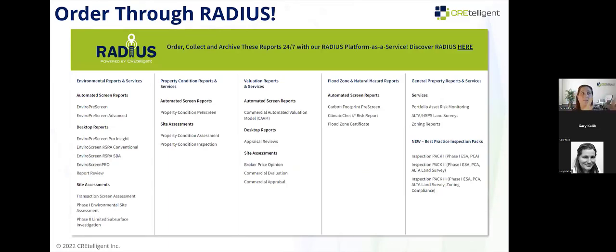We have our suite of environmental investigations, but we also have land services, including ALTA surveys and zoning reports. We've got our pre-screen reports, including our property condition pre-screen. We do PCAs. We have some really interesting property resilience reports, the carbon footprint report, and a climate check report, your flood zone. These all incorporate some really interesting information. A lot of these are fairly low cost and available